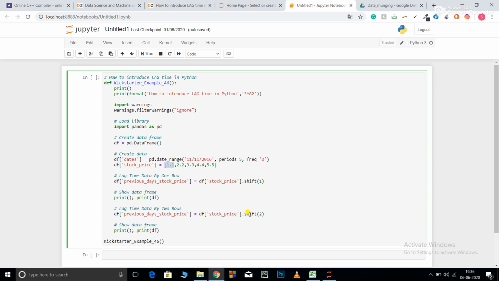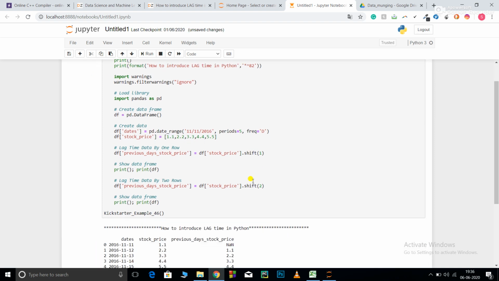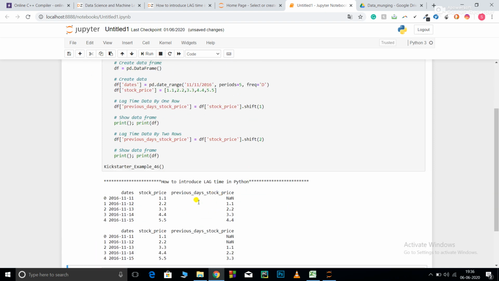Okay, now you can see df['stock_prices'].shift(2), so this will shift it by 2 dates. Now let me run this for you. So you can see this is filled with NaN as it has no previous day stock price.